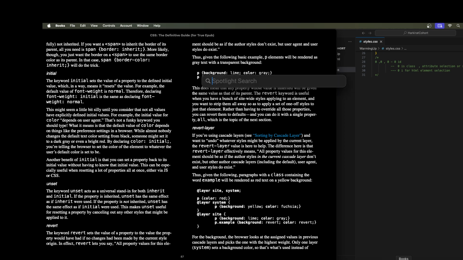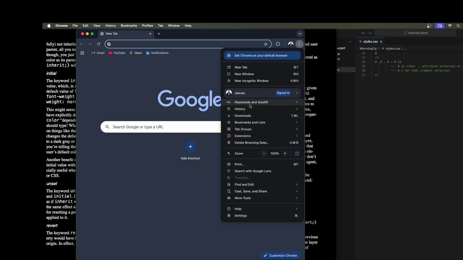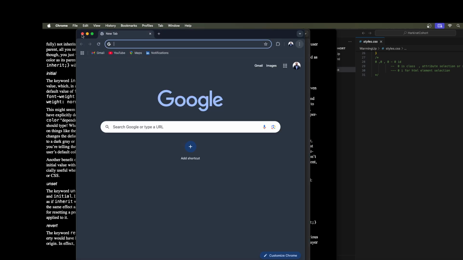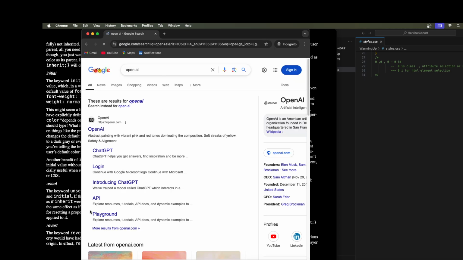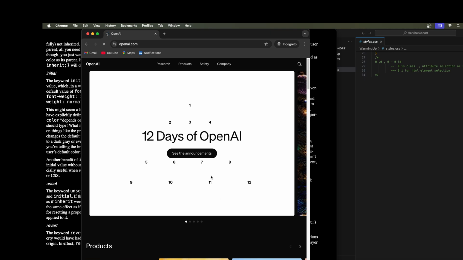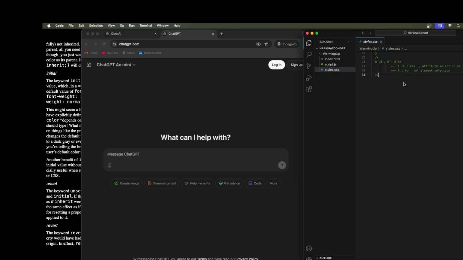Let's look into some examples. So building on these notes, what we can write right now is